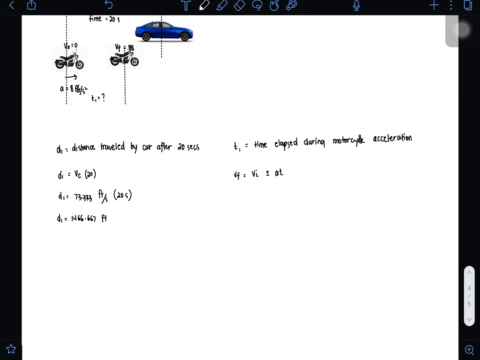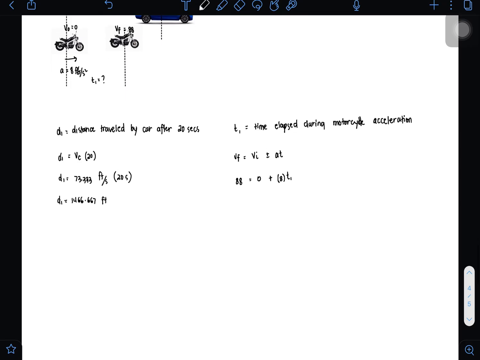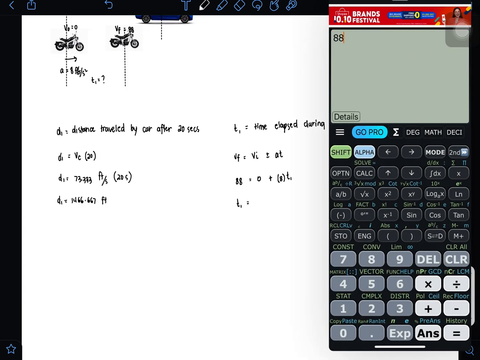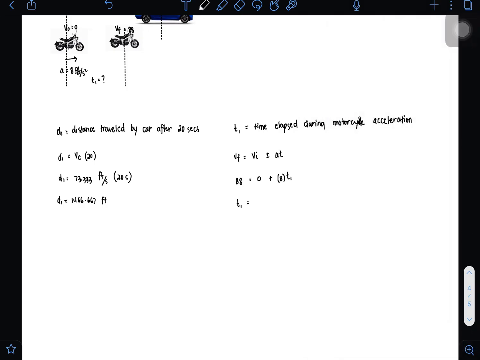The final velocity is 88 with initial velocity at 0, then this is acceleration, so it's positive, times the acceleration of 8, and the time is t1. So this is the time elapsed during acceleration of the motorcycle. That's 88 divided by 8, that's 11